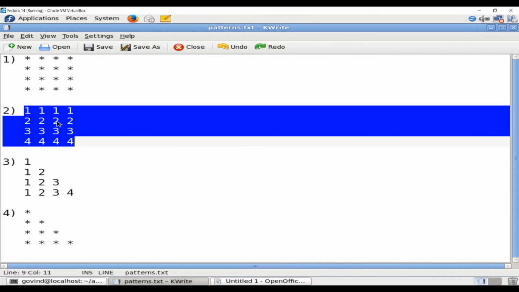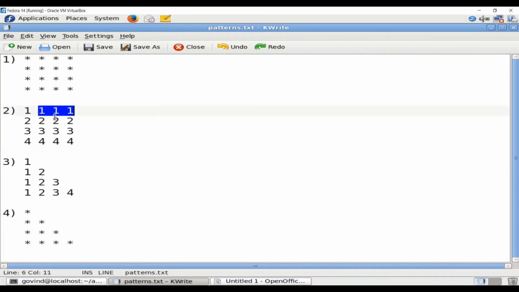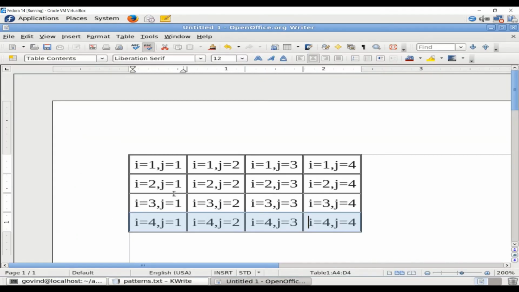output from each row are omitted, like these three ones followed by these two twos, and this 1 3 is omitted from this. So what you can observe from this table is that how can I now omit in the first execution these three rows or these three values? What you would observe here is in this row the value of I is 1, j is 1. In the second cell of the first row the value of I is 1, j is 2, I is 1, j is 3, I is 1, j is 4.